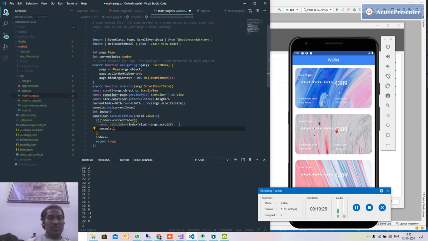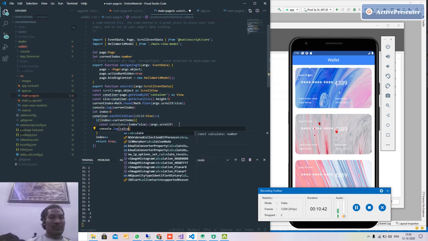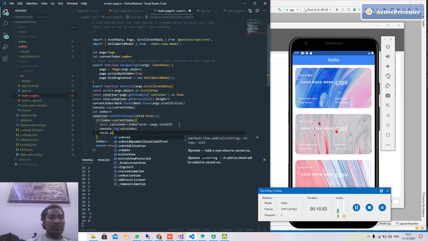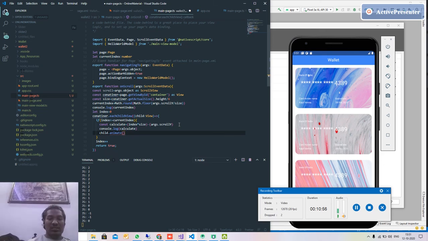console.log of how much we are scrolling. Whatever we scroll, it will give us this. Let me console.log this calculation also. I will show you how it works. Child dot animate.